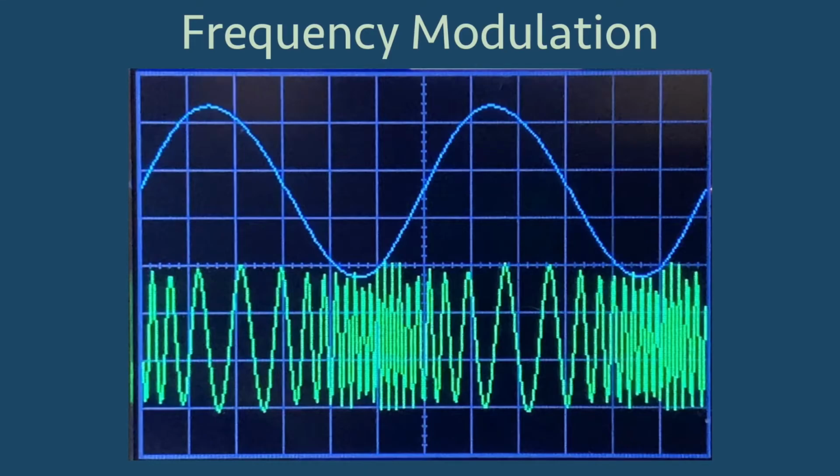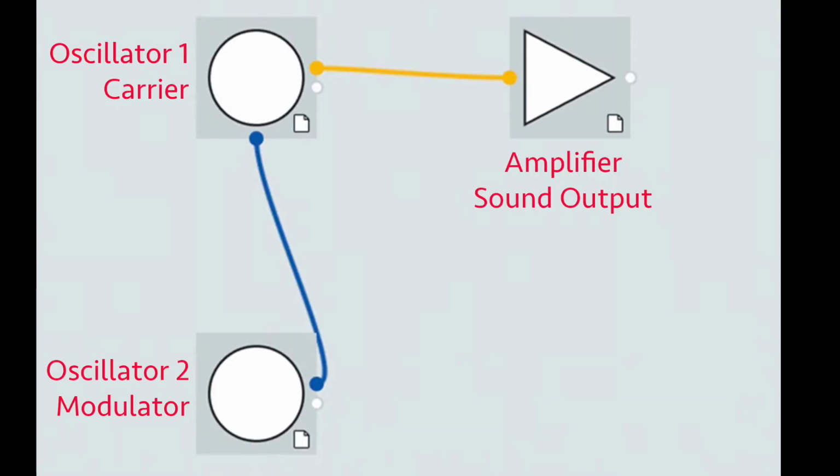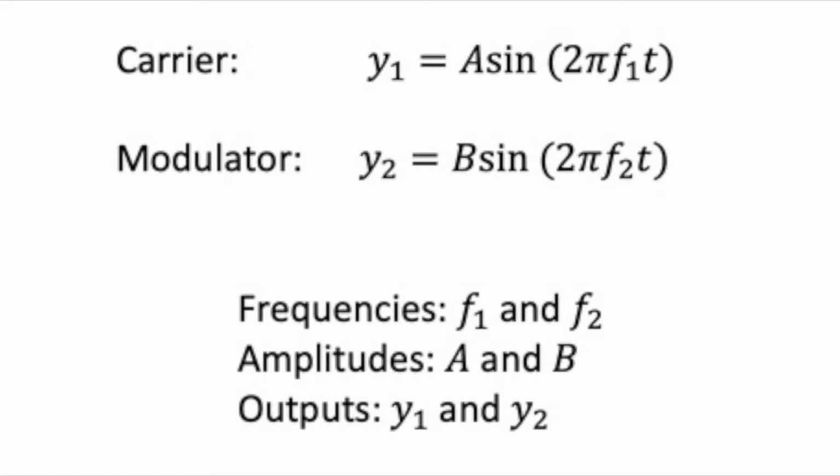Frequency modulation with synthesizers is a unique application of function composition. In its simplest form, we start with two sine waves. We'll call the first sine wave the carrier, and the second sine wave we'll call the modulator. This second sine wave will be modulating, which means changing, the frequency or pitch of the first sine wave. Using function notation, we can write those waves as the following.